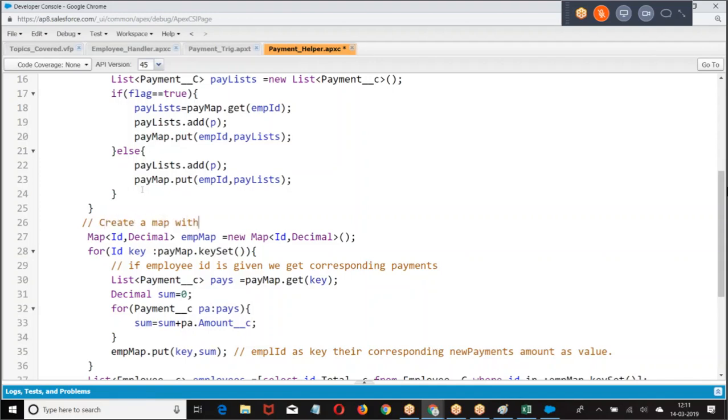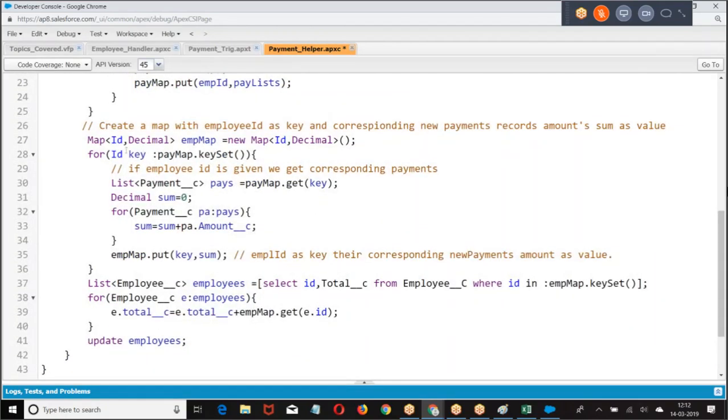Create a map with employee ID as key and corresponding child payment records. So this is the employee, this is the sum of all the payment records.